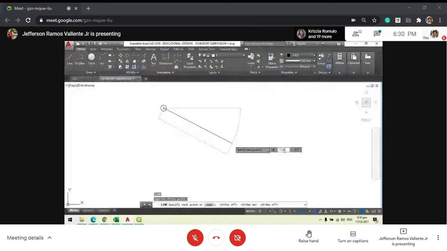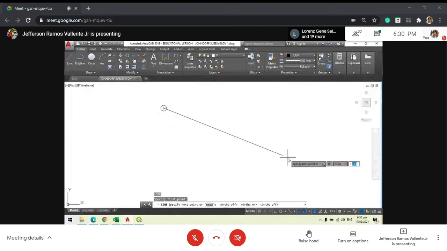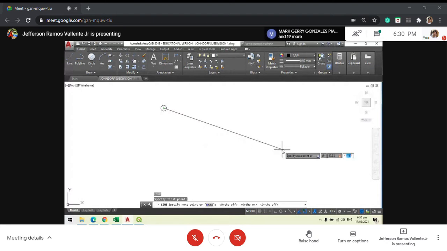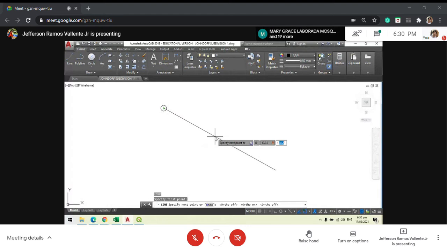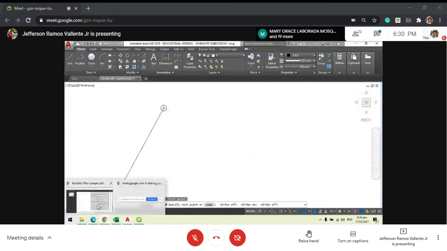And then input the bearing. That's the angle. So that's the less than symbol. There's a less than button on the keyboard. You can also just input it from the screen, the box with the less than a certain angle. You can also do that. Next, we can use the bearing values. So in the technical description, it was south